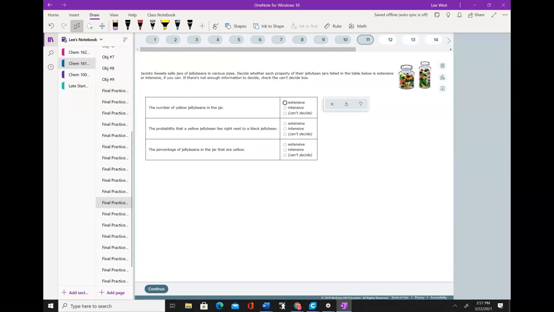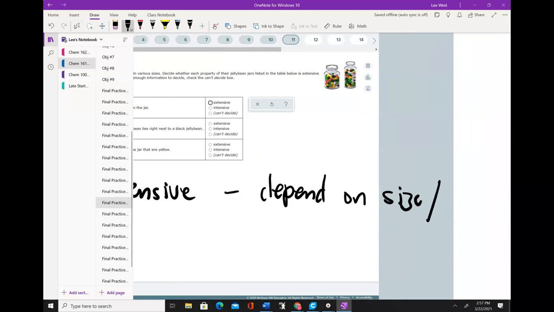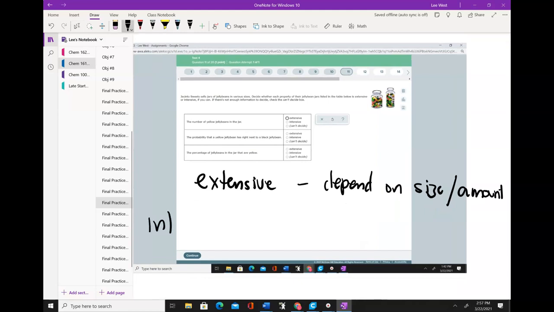Jacinto Sweets sells jars of jelly beans in various sizes. Decide whether each property of their jelly bean jars listed in the table below is extensive or intensive. Okay, there were ones like this that were about pizza before. So extensive properties depend on size or amount, I think is a better way of saying. All right. Intensive